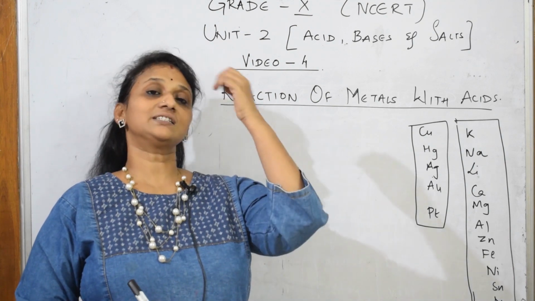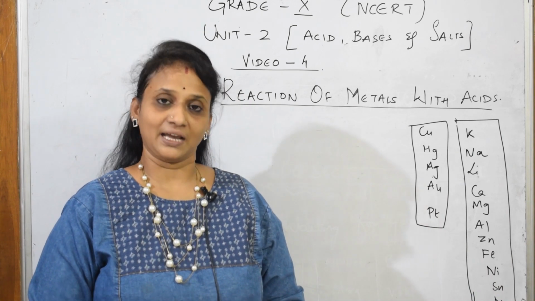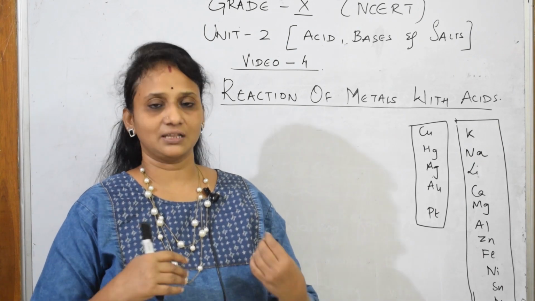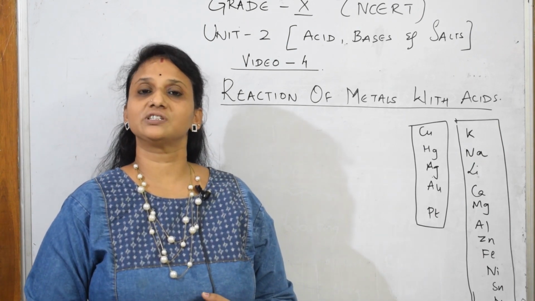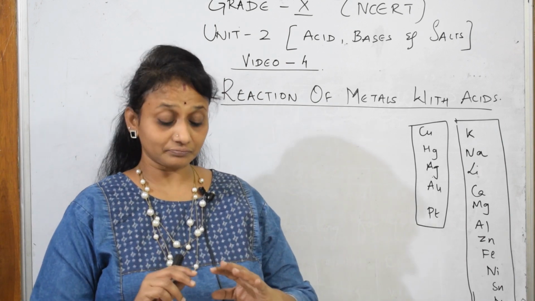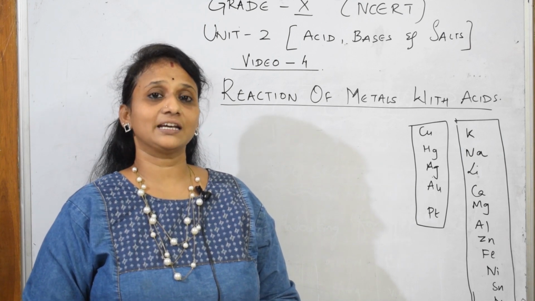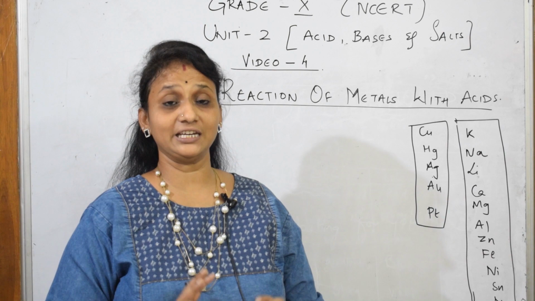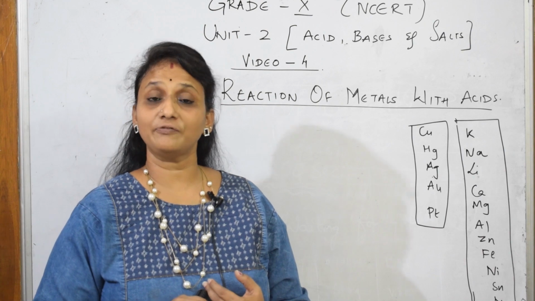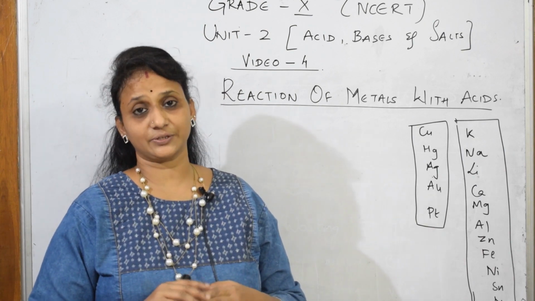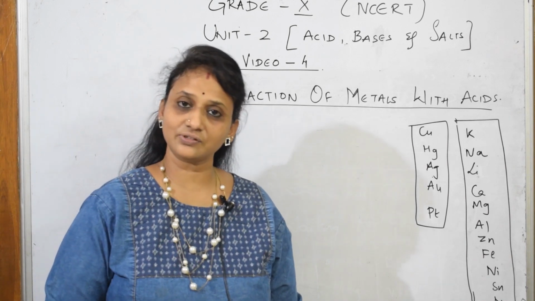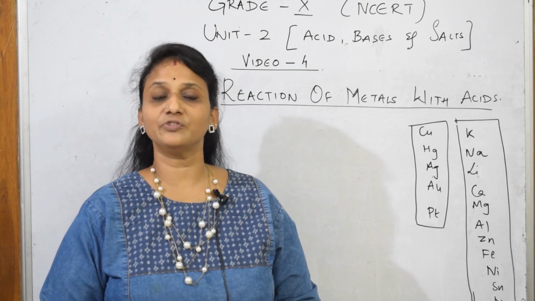Here I have already given the introduction of the unit 2 lesson, and then I started with the physical properties of acids and bases. Video 1 was the introduction, video 2 was physical properties of acids and bases, and video 3 was about indicators. I've explained the indicators; in that there are 2-3 videos: natural indicator, olfactory indicator, universal indicator. Now today I'll be doing video number 4. Done students? Videos 2 and 3 include the indicator videos, which are kept in the playlist.